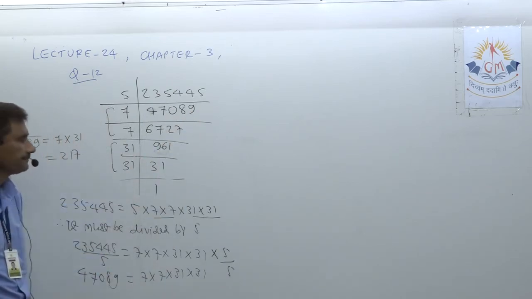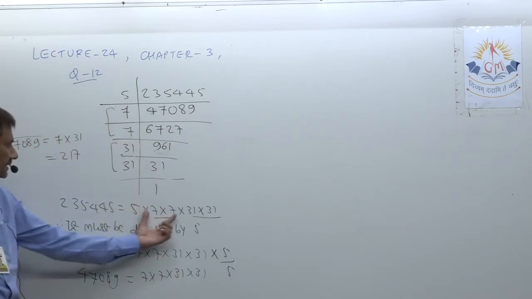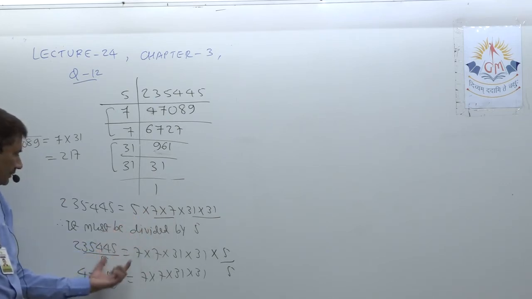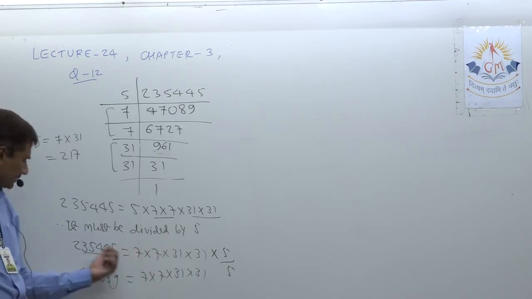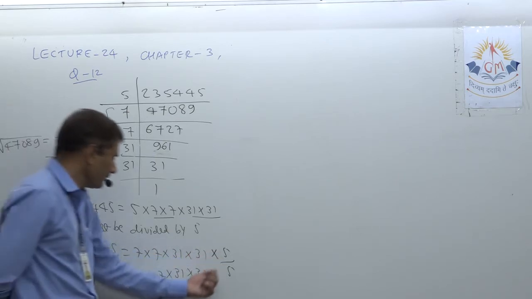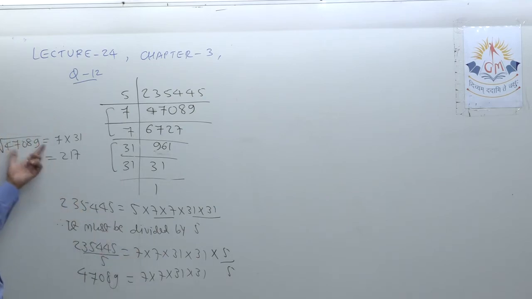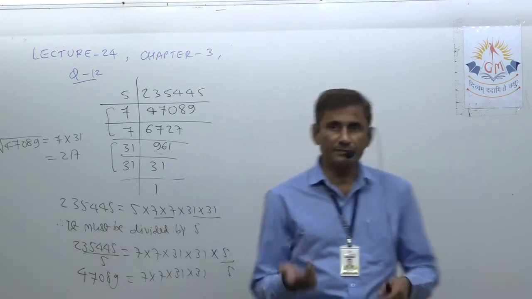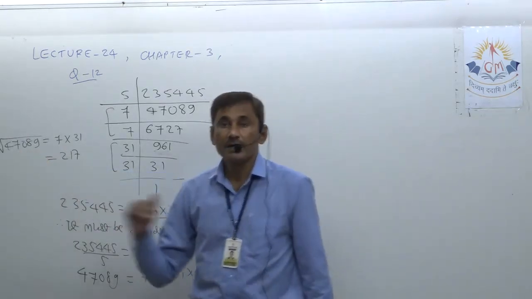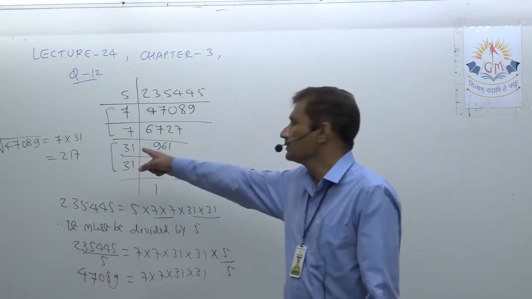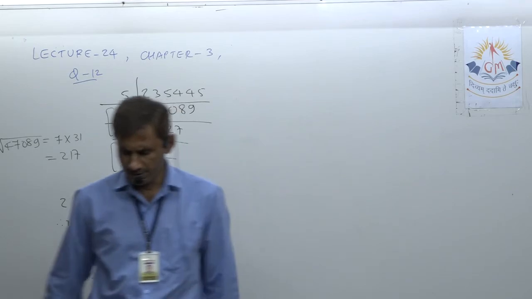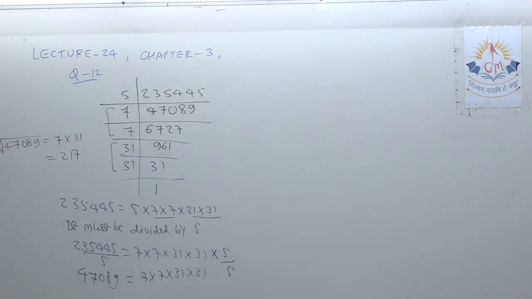So we got it. Now you can see here 5 is not in a pair, so we should remove it. But how? By dividing. How to divide? Both sides must be divided by 5, meaning the number will become this one and 5 will go. So now that number has square root what? 217. So after dividing by 5, which number did we get? 47089. And what is its square root? 217. Understood? So this is the way. Understood well here. And you can copy the same sum.